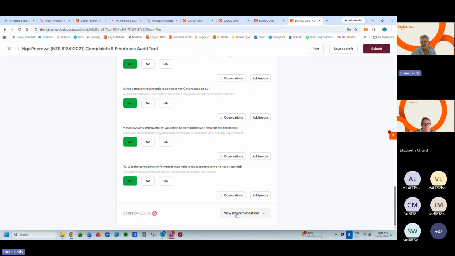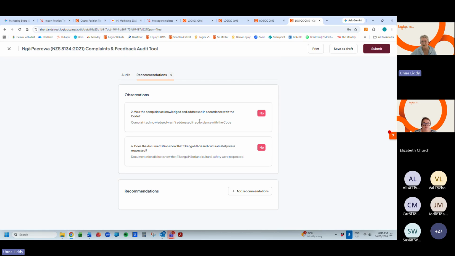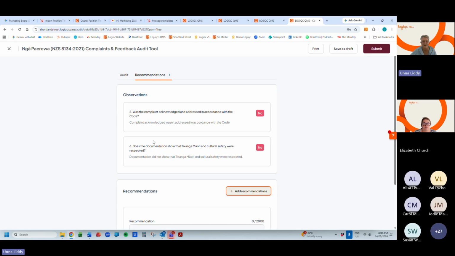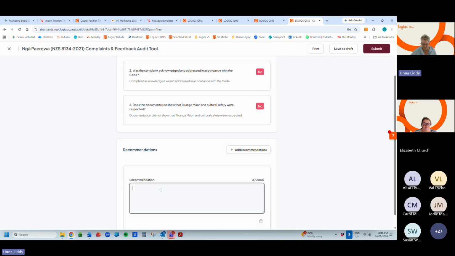Let's now view the recommendations. At this stage, it's picked up on the 2 observations that I've made, and it's giving me the option, not mandatory, to add a recommendation. Think about this: after I've made this recommendation, this audit is done. So I've got the complaint wasn't acknowledged in accordance with the code, and the documentation didn't show the cultural safety was respected. So I'm going to suggest that we schedule training for our frontline staff